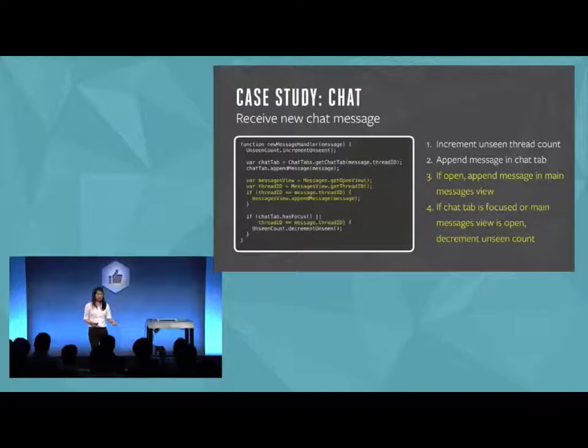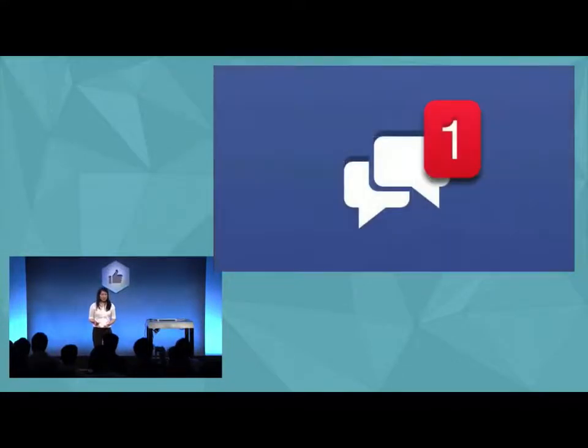It's hard to tell just by looking at the code that you want to keep the messages view and the chat tab view in sync. It's hard to tell that you only want to increment and then decrement. You don't want to do either of those more than once. And as we add more features, this code just only gets longer. And having something imperative like this basically led us to the situation where we had our most annoying chat bug